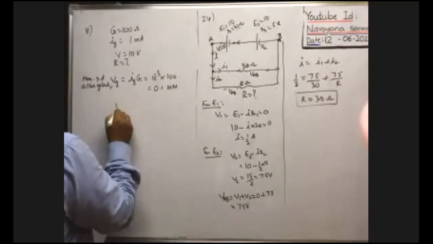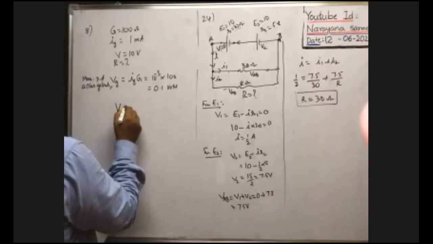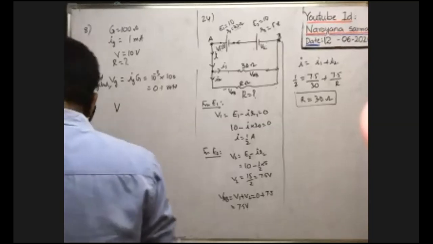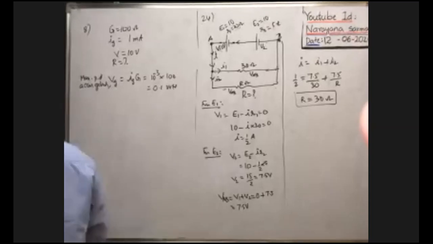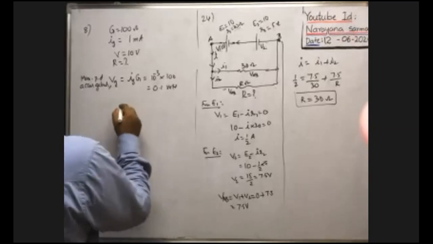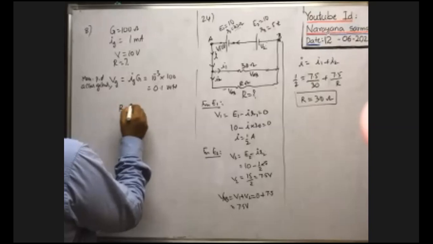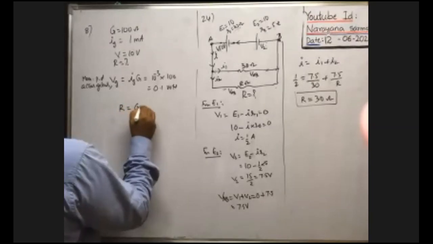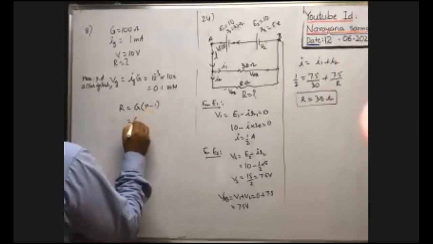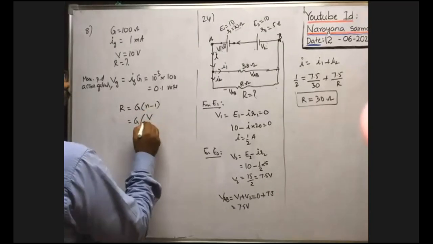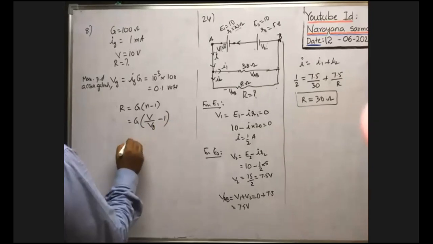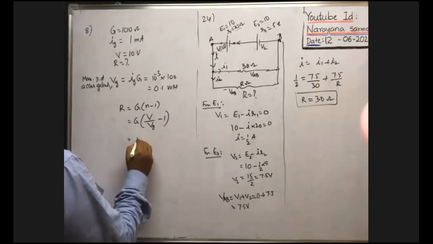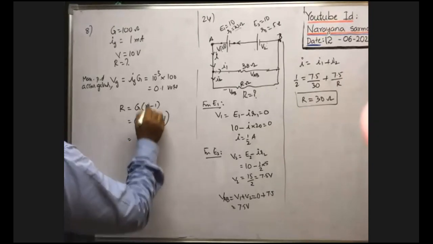So when a high resistance is connected in series with the galvanometer, that series resistance R is equal to, what is the formula? To increase the range of the voltmeter, R is equal to G of n minus 1. Here n means new range by old range. G means galvanometer resistance, which is 100 ohm, into the new range of potential difference to be measured,